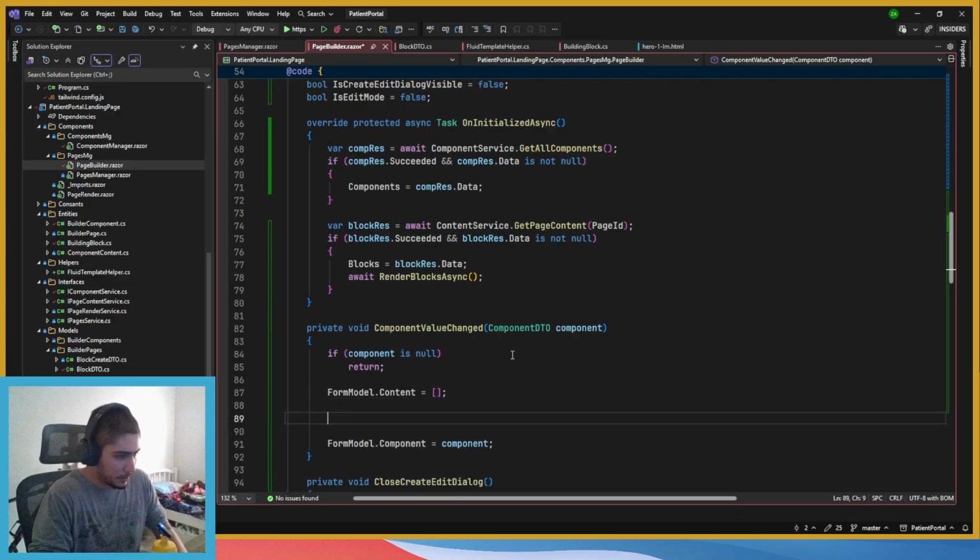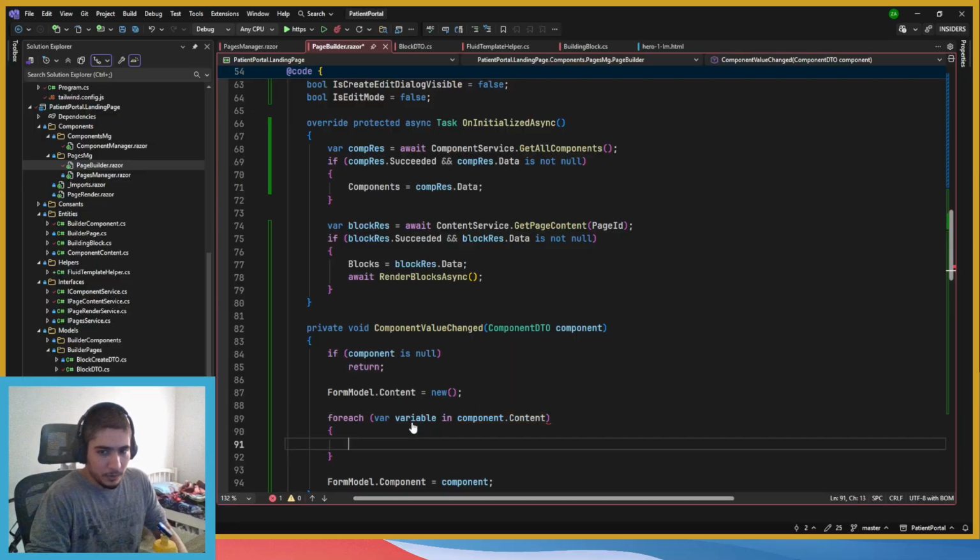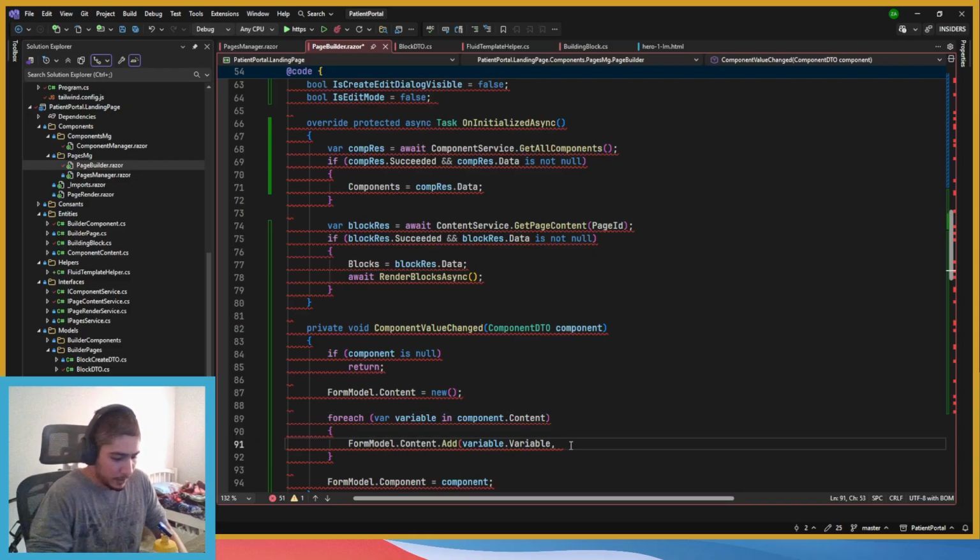For each variable in component dot content, for model dot content we're going to create a new item with the key of variable dot variable and string empty.